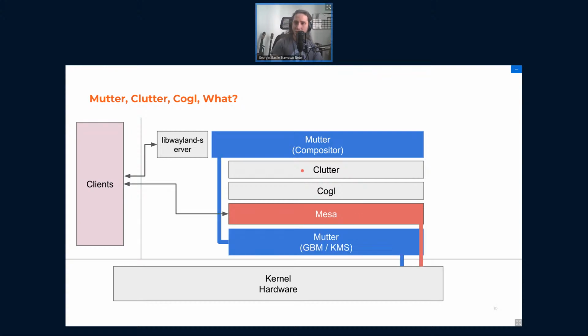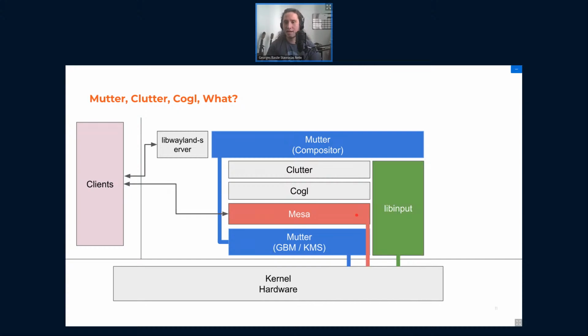And then in the specific case of being a Wayland compositor, Mutter also handles the low-level bits. So it uses GBM to create buffers, and KMS to do mode setting and page flipping, etc. And of course, being a compositor doesn't mean you only have to draw, Mutter also has to read events from the kernel.